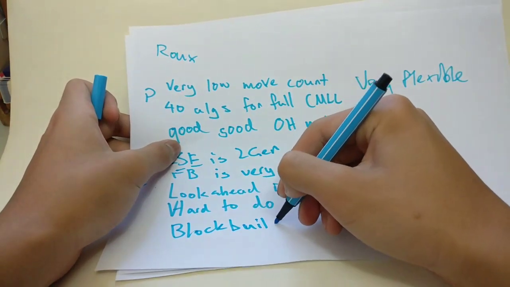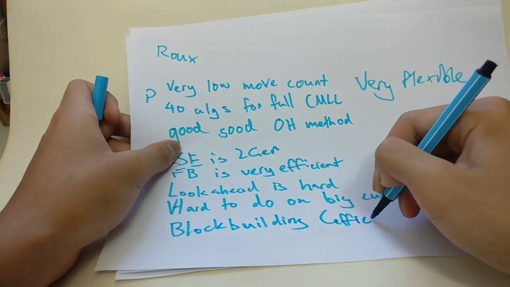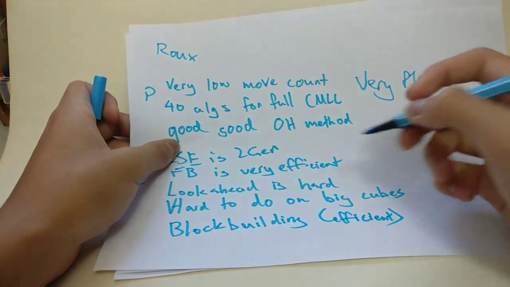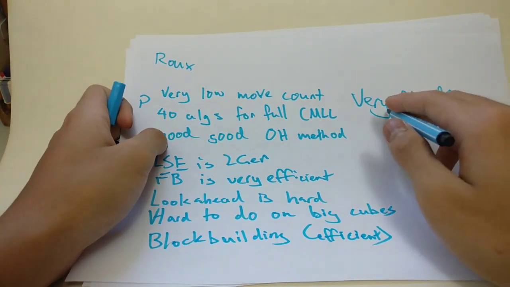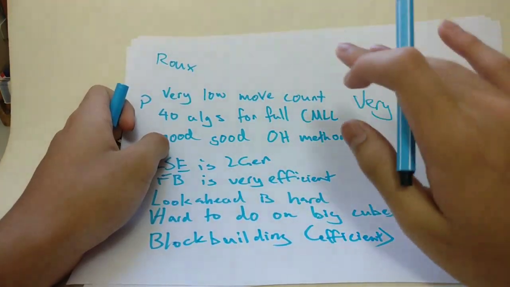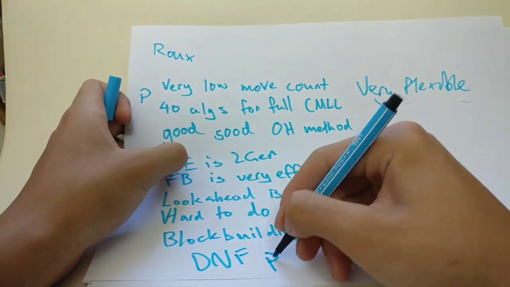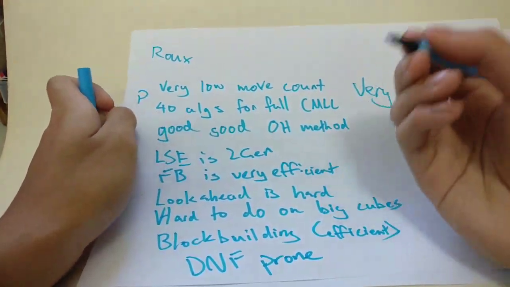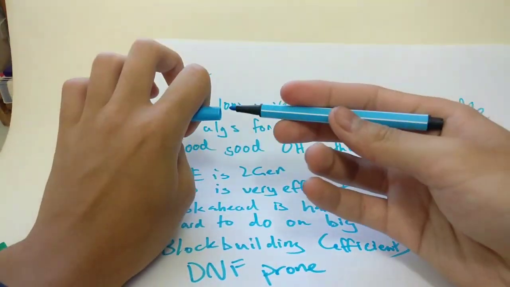I'm talking efficient block building. It's difficult, but the flexibility is that you're allowed M layers, and you're also DNF prone as well, which isn't that much of a problem. I don't run into it as much, but it is still a problem compared to CFOP